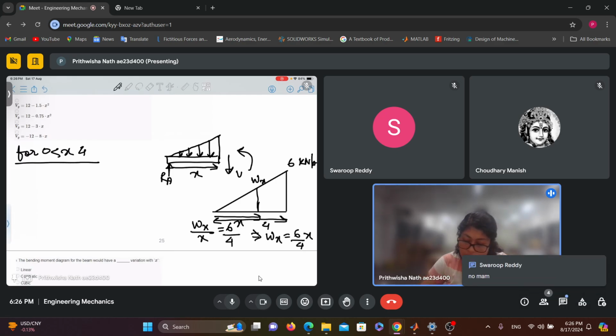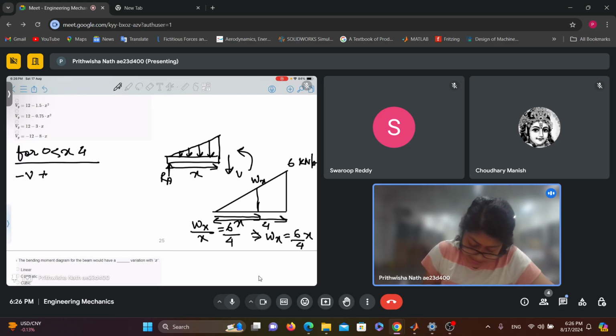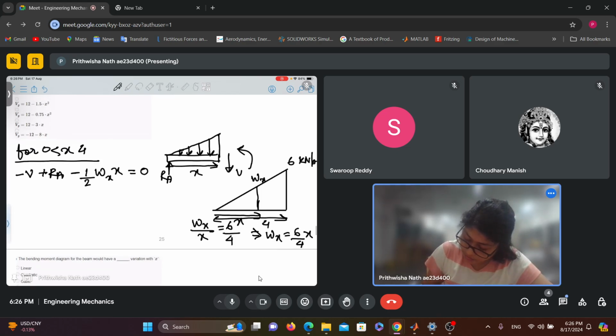Okay. Now I'll write the equations. Minus V plus RA minus half into Wx into x equals to 0. This is the total load that is acting for this region, okay? So V equals to RA